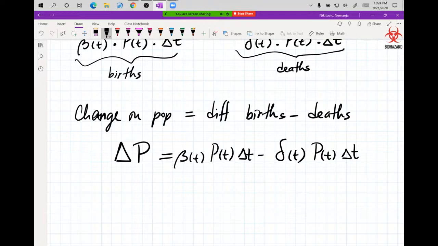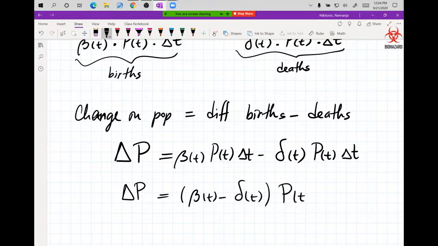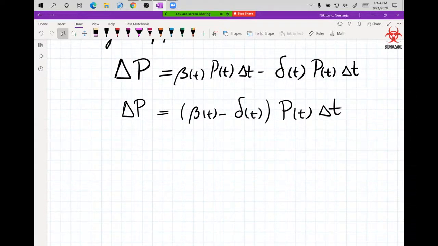Which simplifies into delta p equals, factoring out population, beta t minus delta t, times p of t dt. Shift dt to the left-hand side,